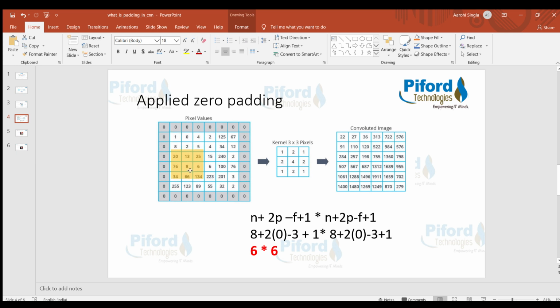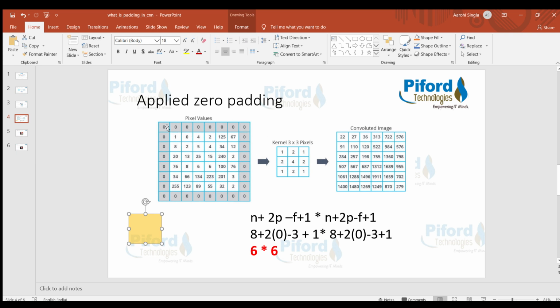So by applying the filter, one of the problems is solved. This pixel, which was touched only once without padding, is now touched many times, which means we are not missing the information from the edges. And the other problem is image shrinkage.